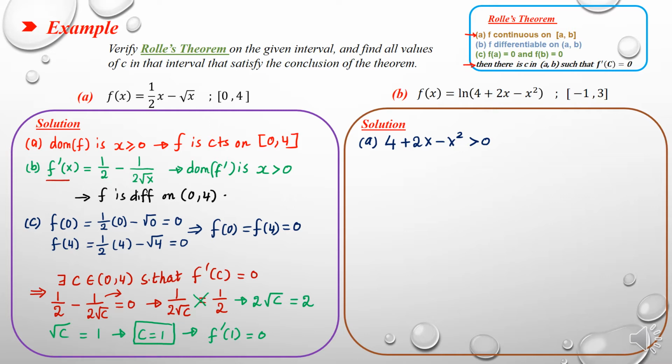Now you have to find the zeros of this quadratic, and the zeros are x1 equals 1 minus square root of 5, and x2 equals 1 plus square root of 5. 1 minus square root of 5 equals approximately -1.23, and 1 plus square root of 5 equals